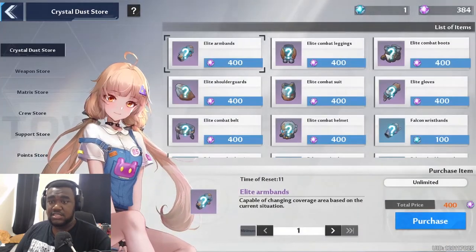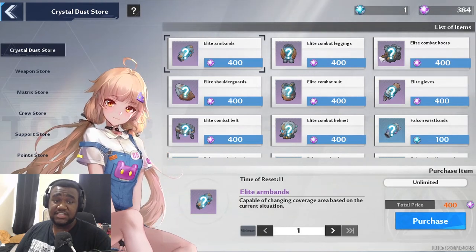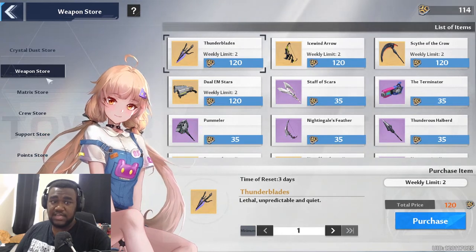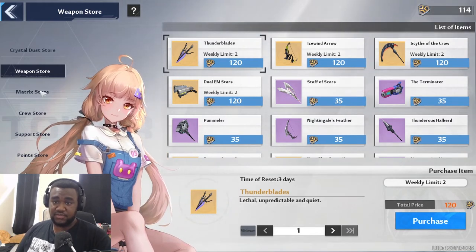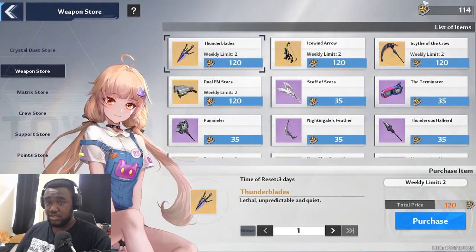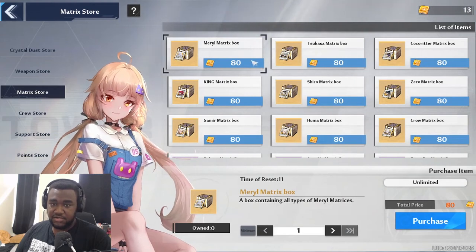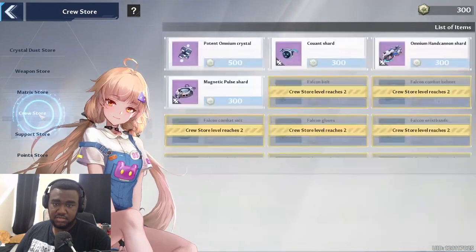Commissary, this is the second shop. This is the second shop that uses all of the other currencies that you gain. So here you have the crystal dust shop. You'll have the shop for the black gold, which you gain from pulling on banners, and you gain those through duplicates. So if you get a duplicate SR, you'll get black gold, and you only get black gold if that SR is maxed out. So go through here, you can purchase various items. This is for the chip banner. If you gain duplicates, this is also for the chip. You can purchase here. Crew shop,